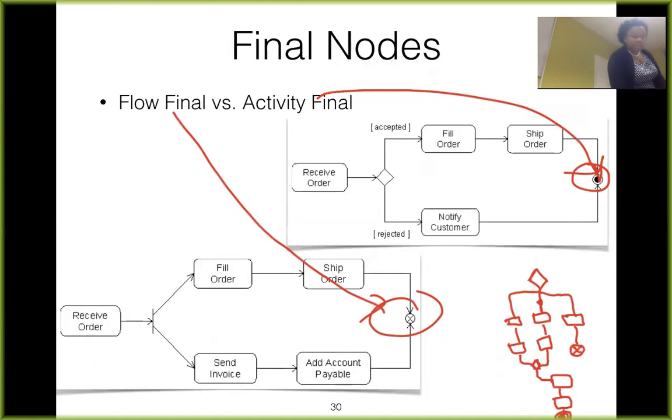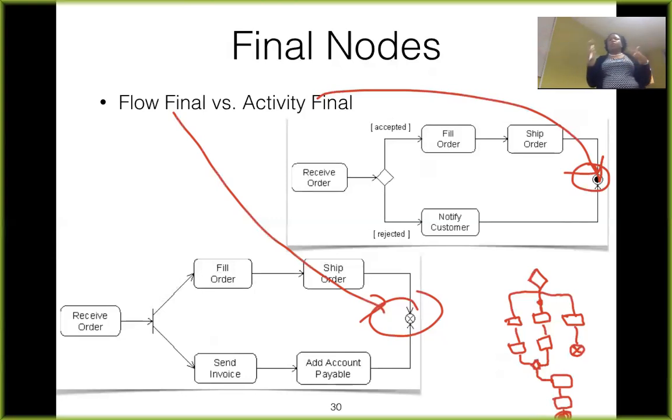The idea is that this particular path, if you go on this particular path, you don't have anywhere else going. So it's saying that this particular flow here is final. You don't want it to merge with the rest of them. And sometimes how we show it is that you just draw a long line and carry it down to here. Sometimes you can do that. But this is kind of more accurate because it says that after this happens, there's nothing else that's going to happen in relation to this flow. But if it is that all of these go together and you want to merge them and then continue, then you have activity